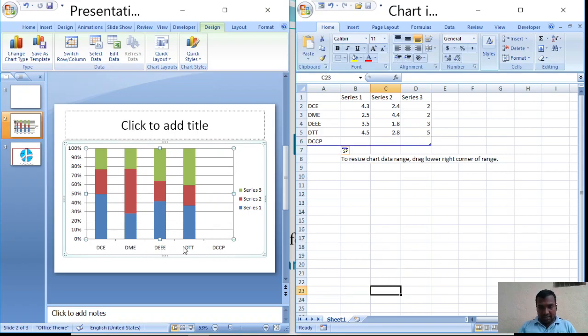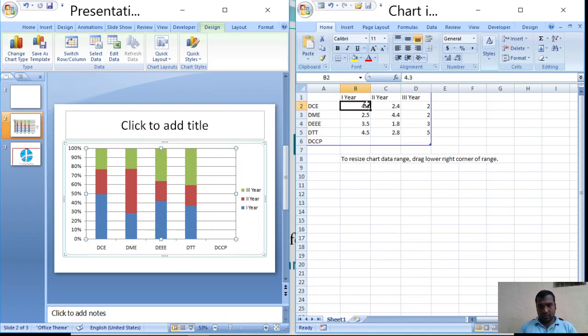So you can observe here the branches are there, and first year result, second year result and third year result. So DCE first year result 80%, second year result 89% and third year result 97%. So 82%, 90% and 96%.